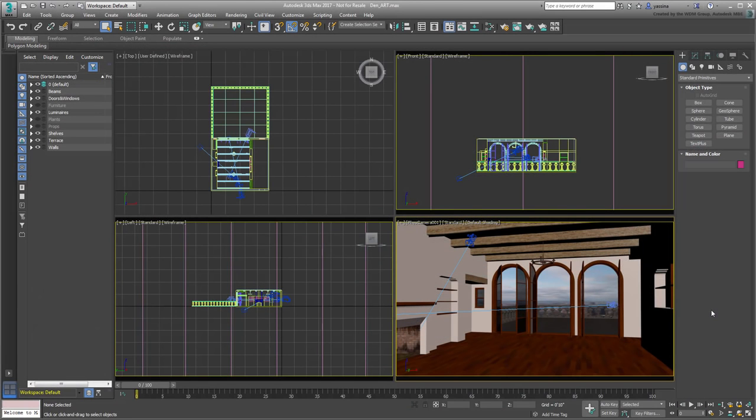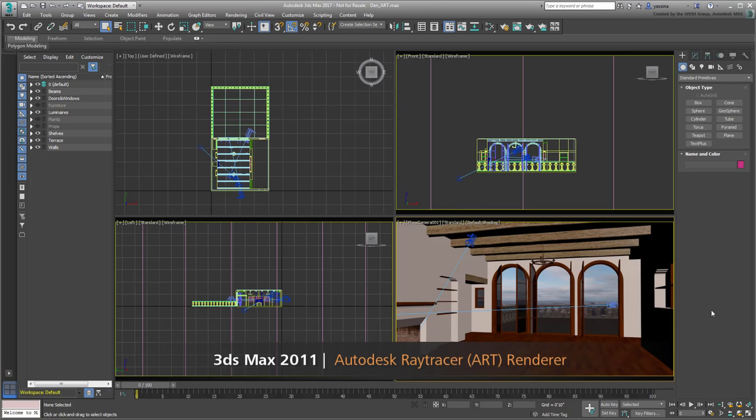In this tutorial, you'll learn about the new Autodesk Raytracer, or ART, renderer. ART is a physically based renderer that is fast and easy to set up, as it has minimal settings and a very short learning curve. ART renderer is compatible with many 3ds Max features out of the box, but is optimized to work particularly well